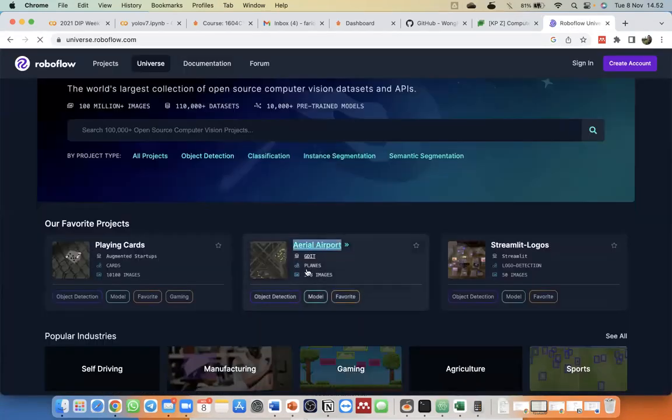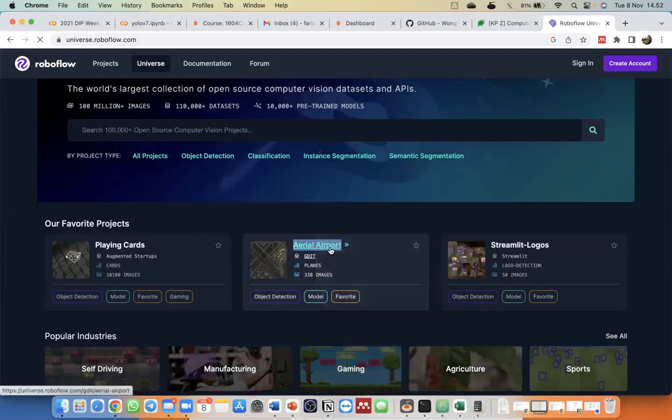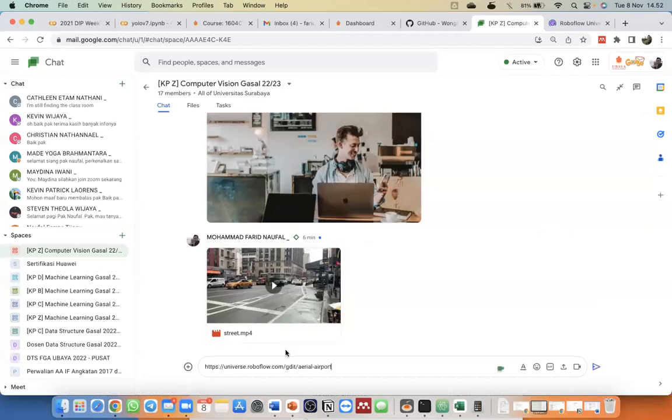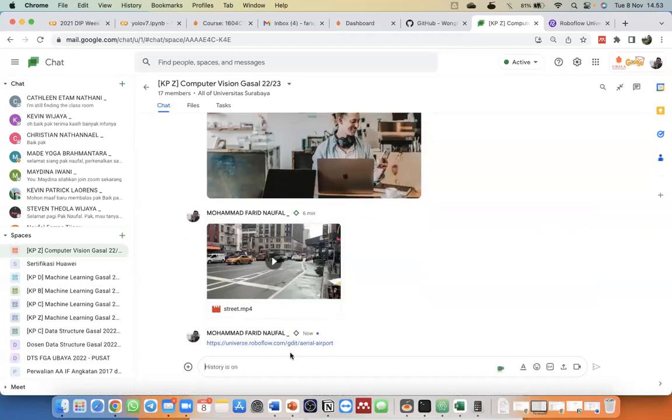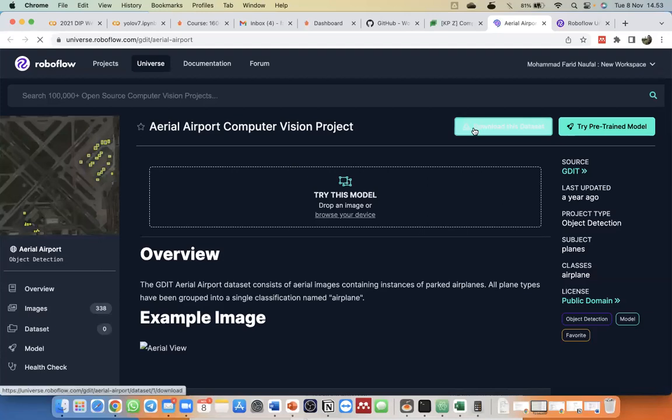Saya copy di Google Chat ya. Copy link address. Oke. Nah, itu Aerial Airport ya. You can download this dataset. I think you need to login first for downloading the dataset.